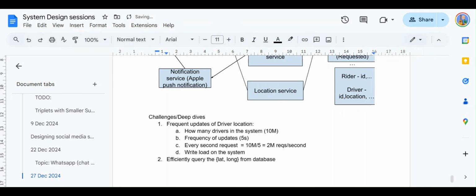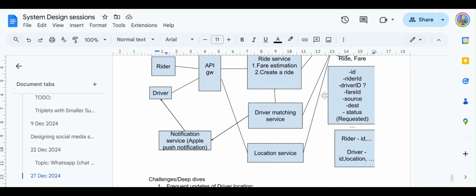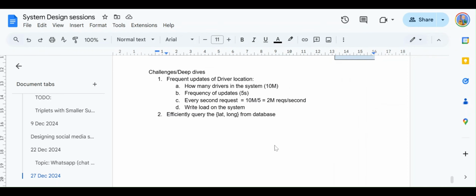Okay, now we'll talk about a few things over here. Generally, let's say we have a raw table, just a database. We don't have any optimization with respect to the location.